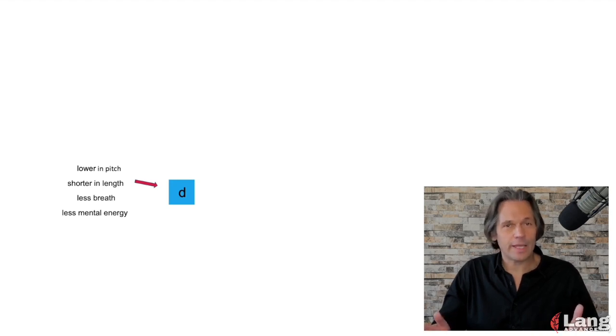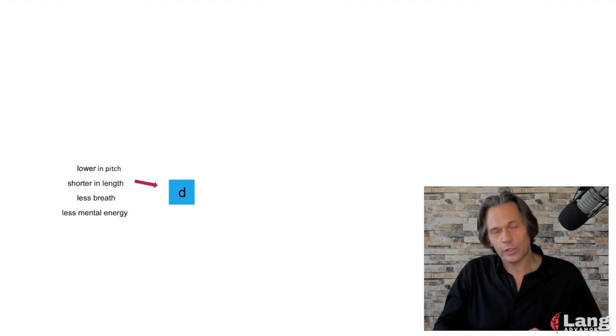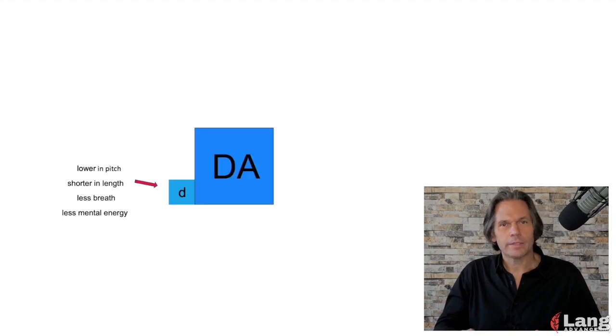Now, how on earth do we use less mental energy on one syllable than we do on another? If I say the unstressed syllable d right now, obviously I'm thinking d, d. And if I say the stressed syllable da, then obviously I'm thinking da. And I would agree with that. If I'm saying these syllables one at a time, I would say they require the same amount of mental energy. But we're not saying these syllables one at a time when we're saying them in words. And understanding that is going to help us quite a bit.